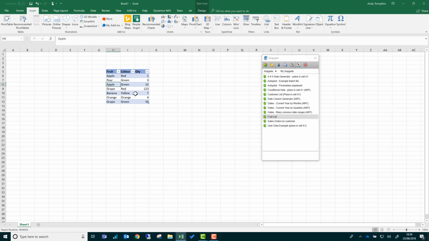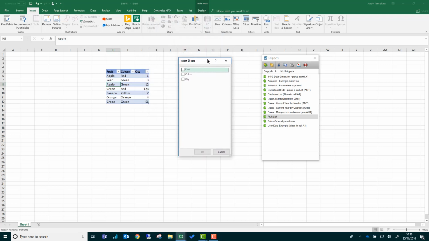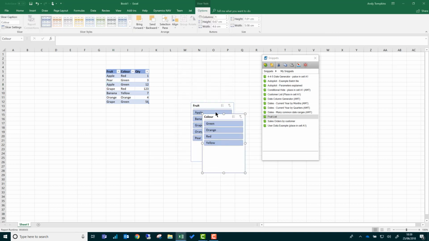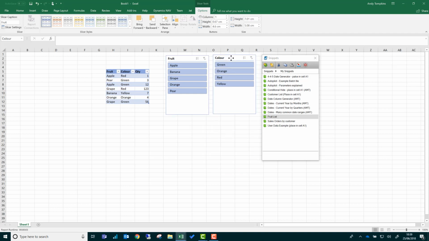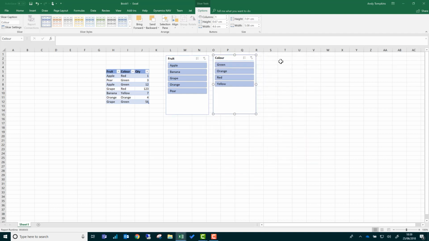So basically the table contains the data. The slicer will enable me to filter this data. I have three options in my slicers that correspond to the columns in the table. So if I choose two options, fruit and colour, I will now get two separate slicers which I can move around, and then quite simply, if I get rid of the snippets box, I can use the slicer to physically